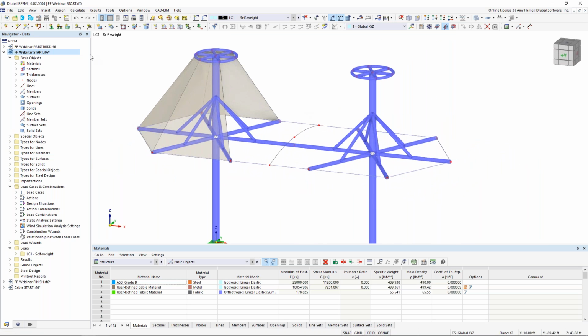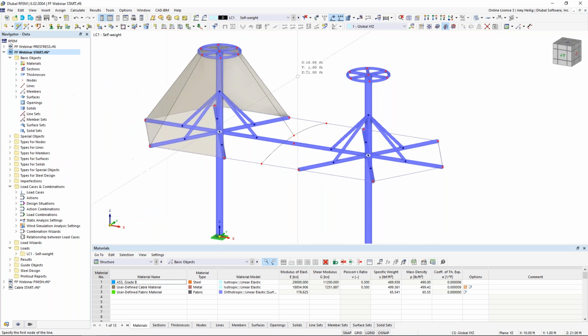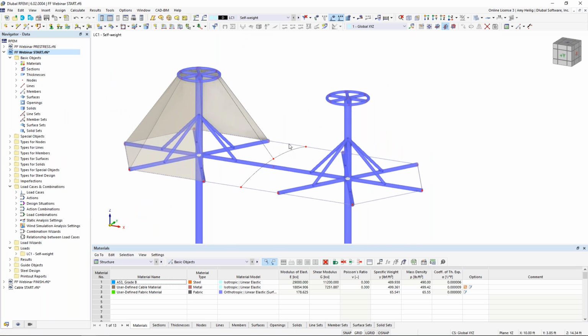Finally, I'll draw my last line element by drawing a new line here. A single line is fine. I snap up to the top of my structure and snap down to the top of that arc element. I'll right click to exit, and we can continue defining the quadrangles here at the front and rear of the